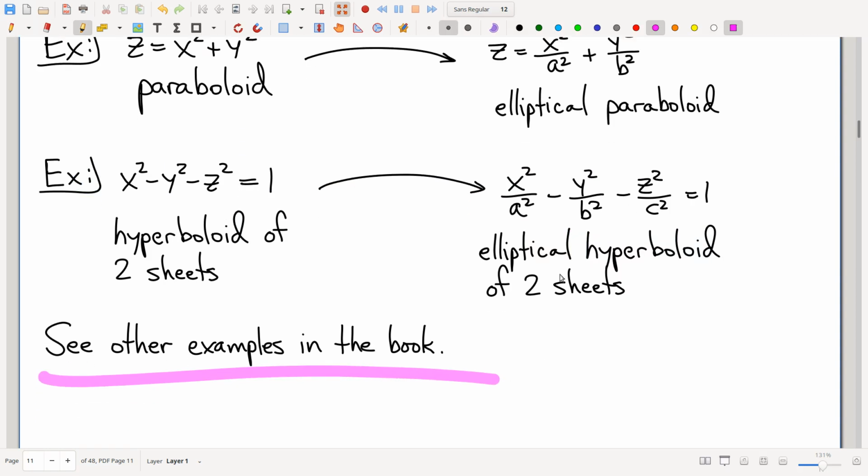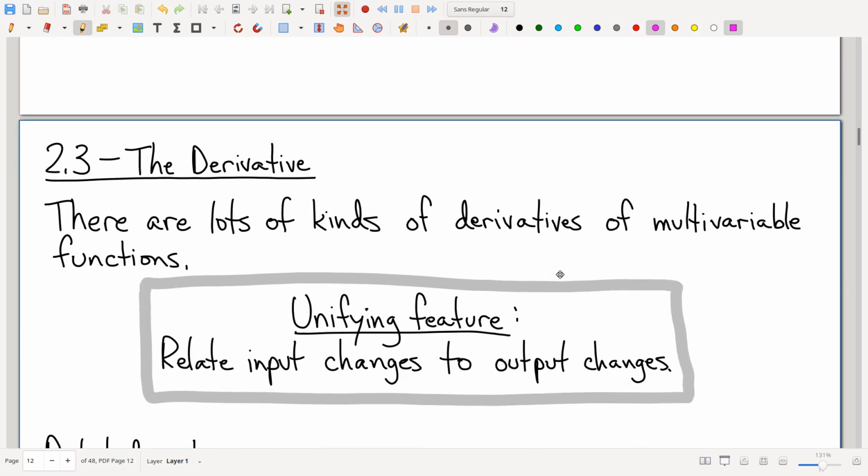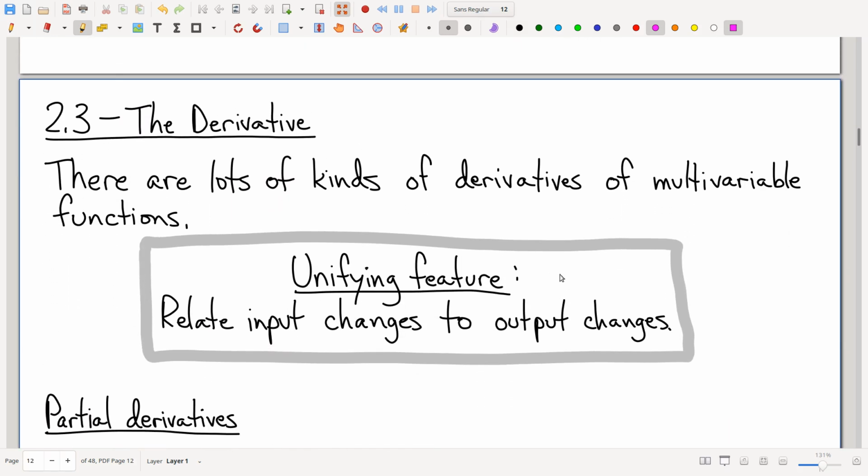And I'm going to move along now to section 2.3, talking about derivatives. So we're going to finally do our first calculus. What are we, 3 weeks into the semester? We're finally doing some calculus. Okay, so derivatives. Here's the first little bit of weird news. There are multiple kinds of derivatives in multivariable calculus. So that convenience from single variable, that you can talk about the derivative. Yeah, there's kind of a bunch of different ones